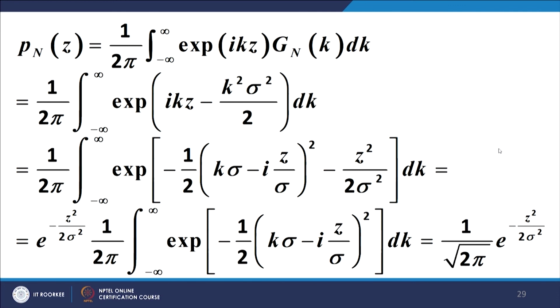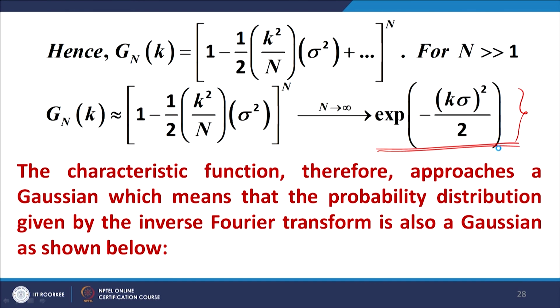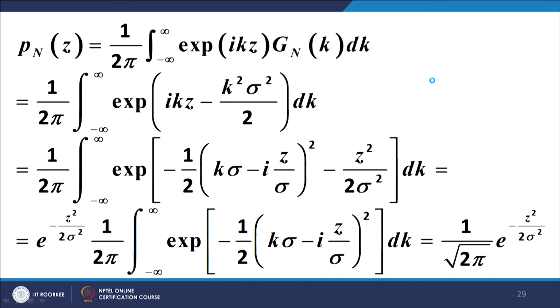Right. So, P_n(z), now we invert the Fourier transform. Then we have P_n(z) is equal to the integral of exponential minus ikz g_n(k) dk. Simply substitute the value of g_n(k) which we had here. This is the characteristic function, the Fourier transform of p(x). So, I substitute that to invert the Fourier transform, that is the inversion of the characteristic function, and when you simplify this as we have been doing throughout this lecture, you get this particular expression.